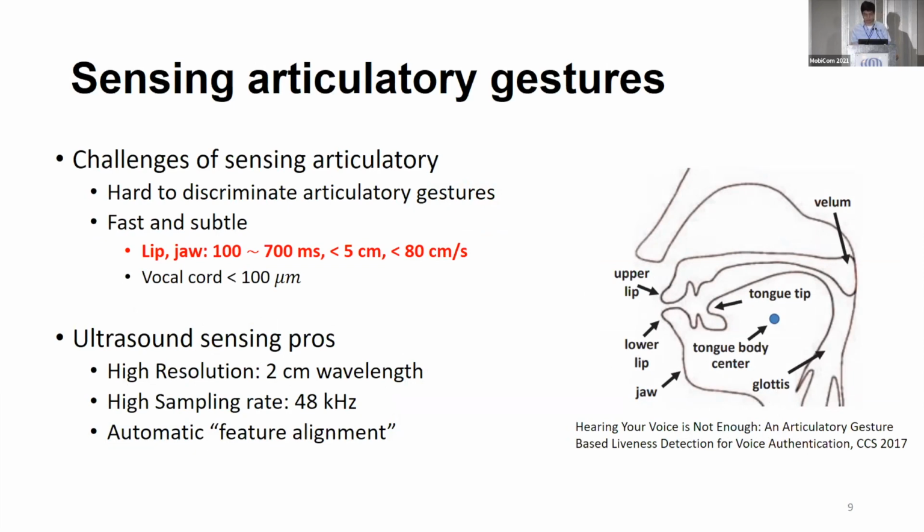Our ultrasound sensing mainly captures the articulatory gestures with the largest motion from the lip and the jaw, which is typically less than 5 centimeters moving distance and less than 80 centimeters per second speed. In comparison, our ultrasound sensing is really hard pressed to capture the vocal cord vibration, which involves less than 100 micrometer vibration. The advantage of using ultrasound sensing here is that it typically has high resolution,